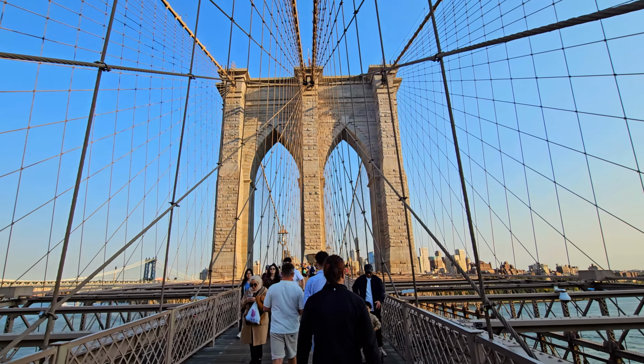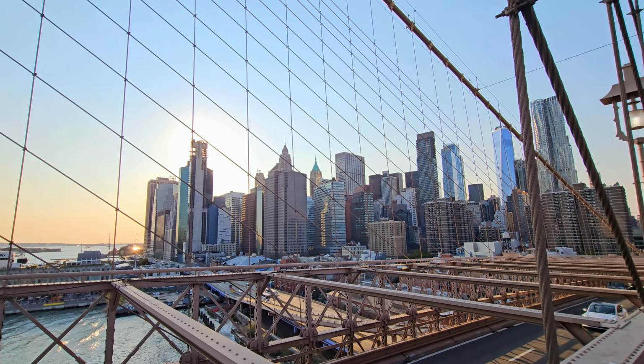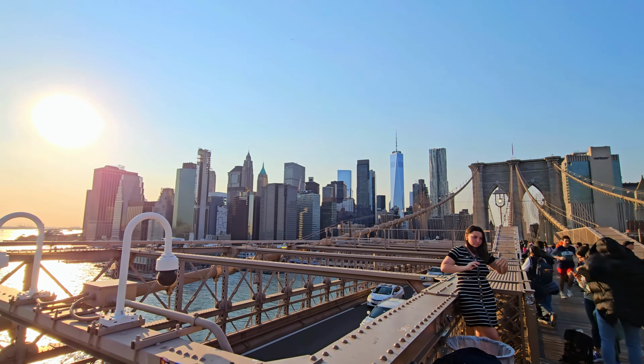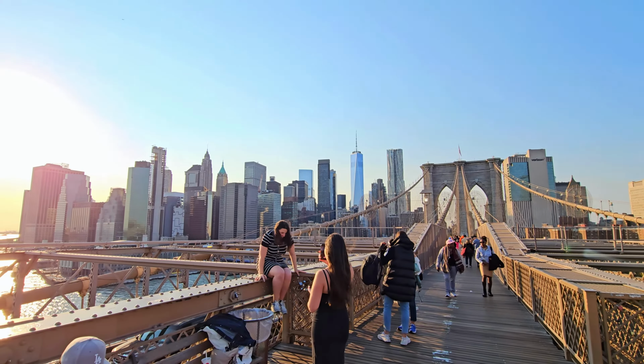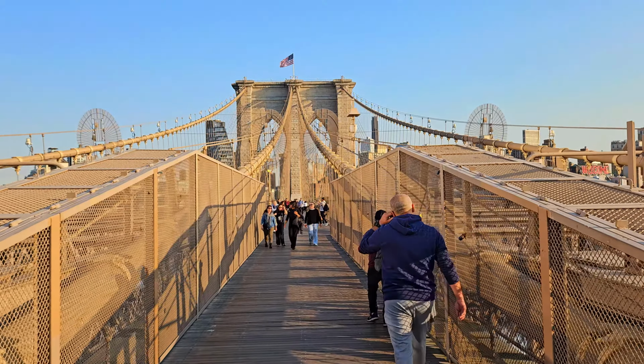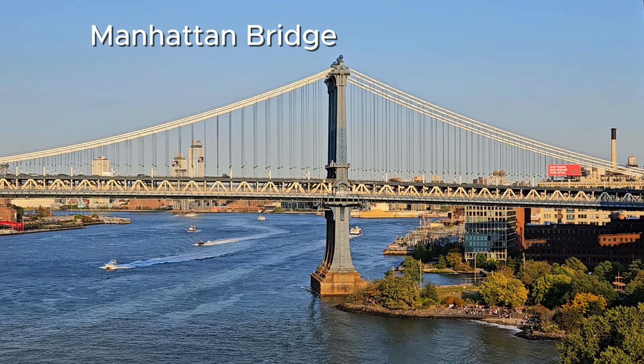At the time of its completion, it was the longest suspension bridge in the world, measuring around 5,900 feet. The bridge features two massive Gothic-style stone towers, which have become an iconic symbol of the New York City skyline. The bridge is unique for its dedicated pedestrian walkway, allowing visitors to walk between Manhattan and Brooklyn while enjoying the